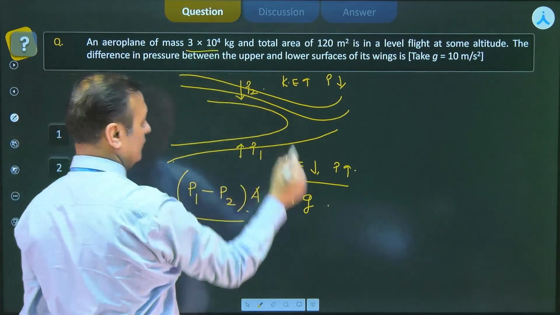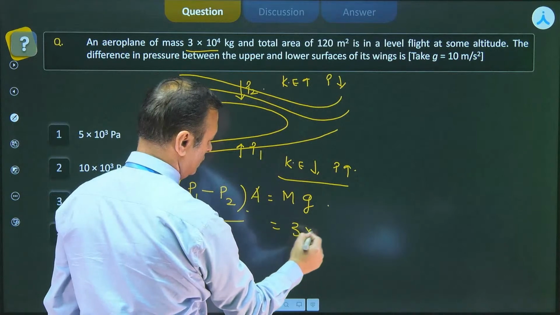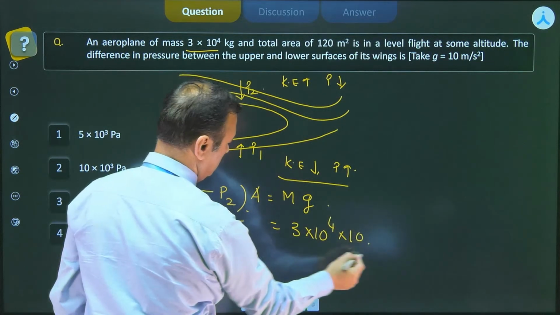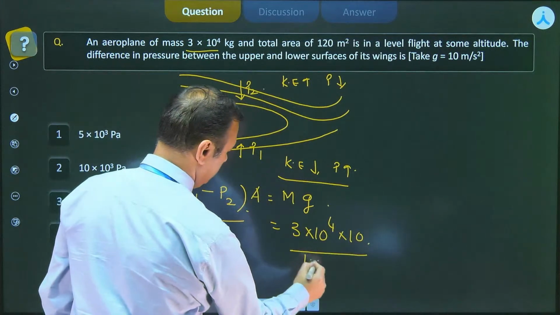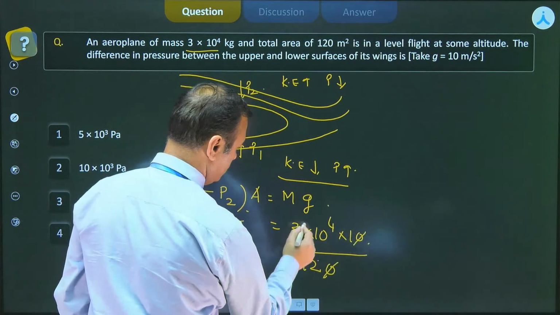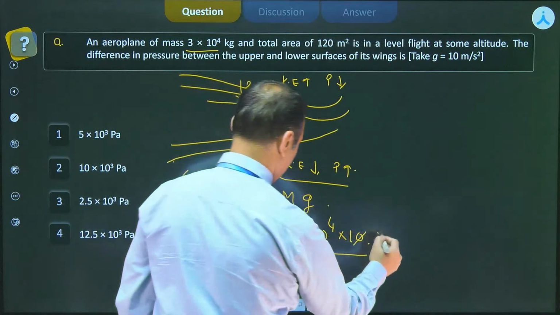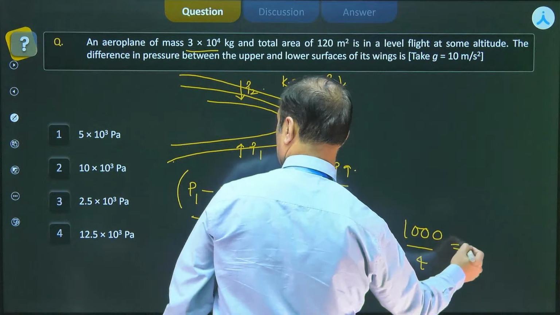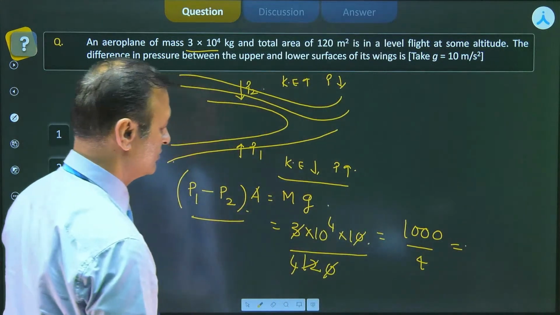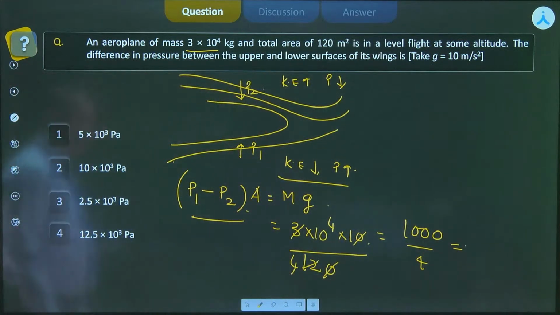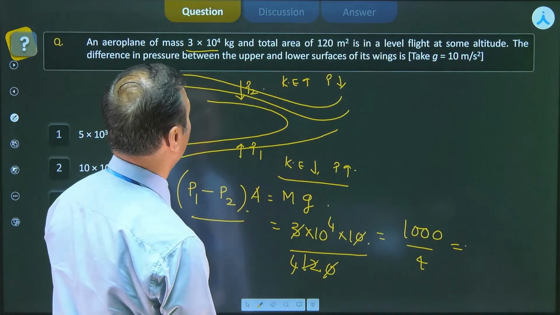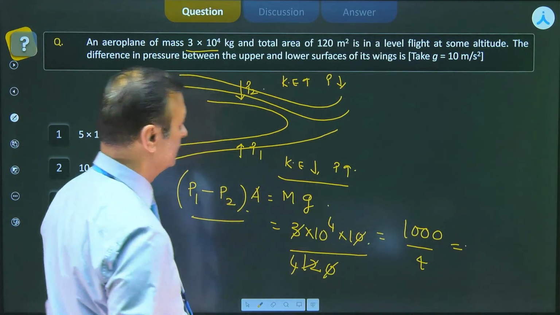Mass is given to us, 3 into 10 to the power 4 kg, g is 10, area is 120 meter square. So this goes here, and you will have the answer. You got it? kg meter square, and this will give us